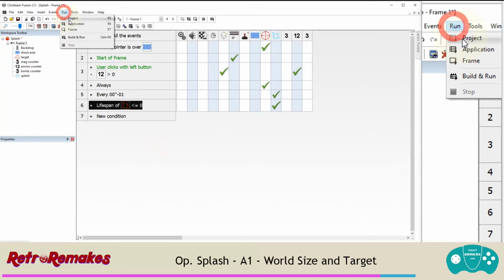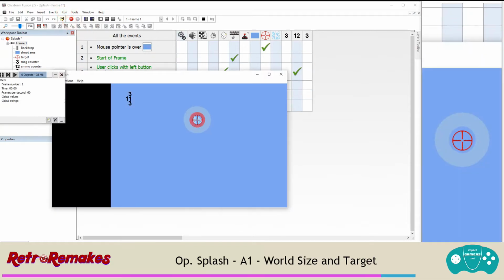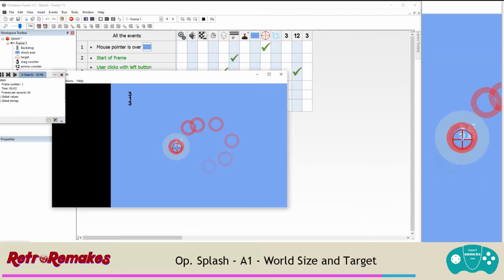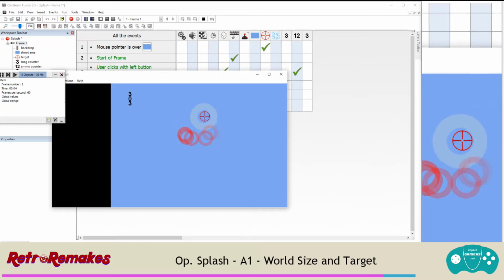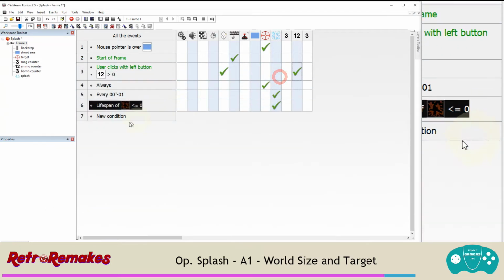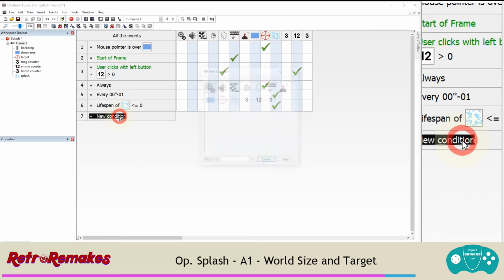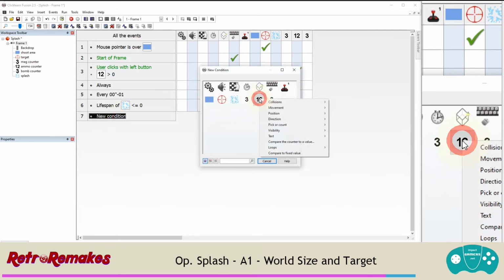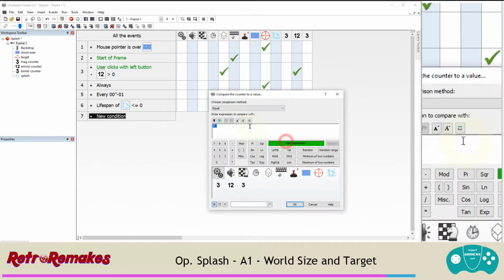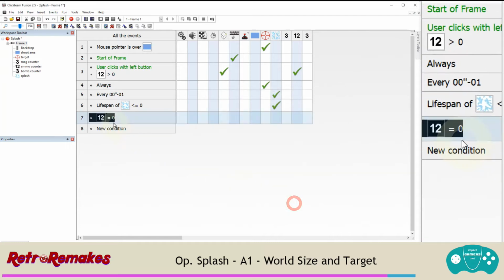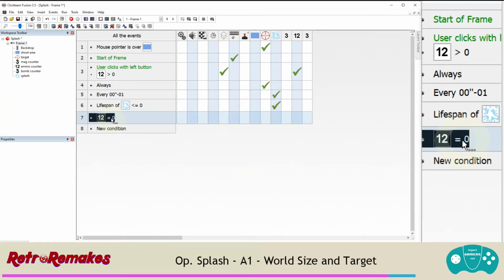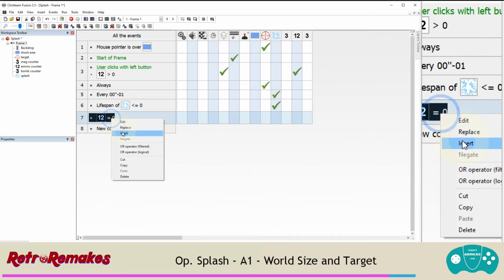So test that, run application. 4, 3, 2, 1, 0, and then I can't shoot anymore. That's great. The next thing to do is a new condition that if our ammo compared to the value, if it gets down to 0 and we have some magazines, we have some water tanks, we right click and insert,